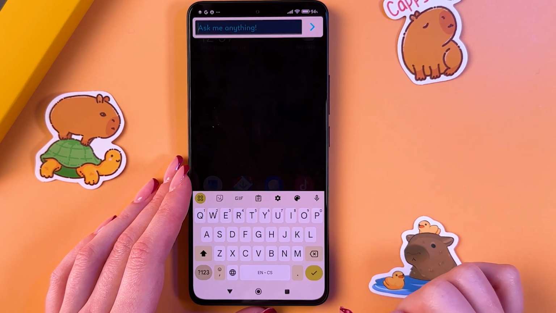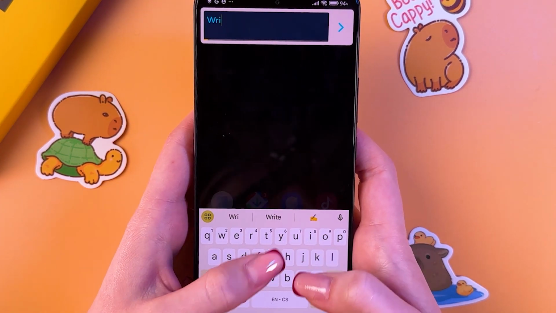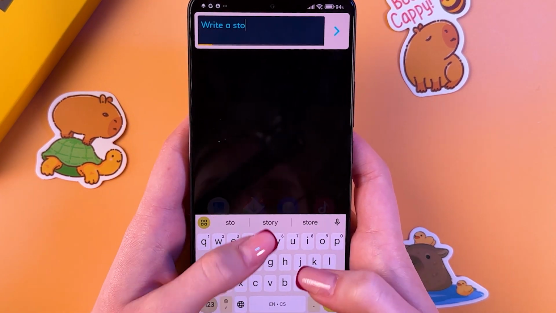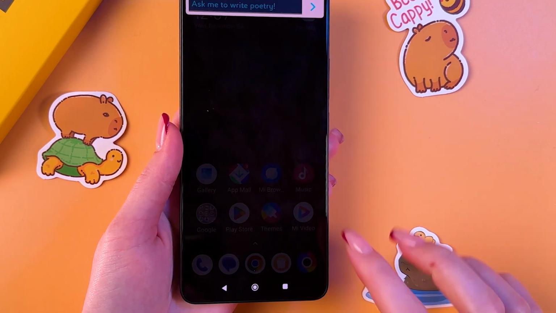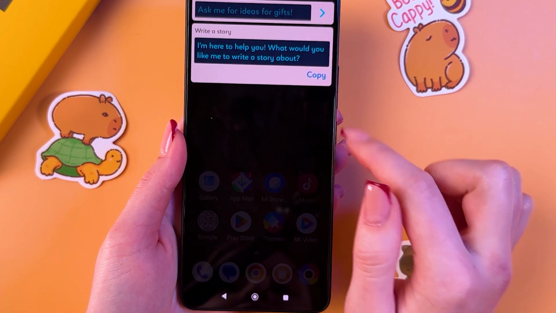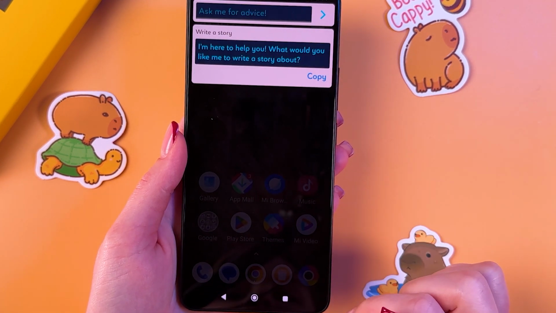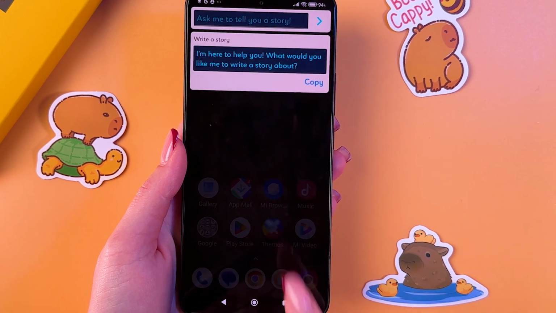You can tap it to open and ask him to do anything. For example, let's ask him to write a story. Then confirm by pressing the check mark here, and within a couple of seconds you'll see the story on your screen. You can copy it, paste the notes for example, and to close this widget you'll need to simply tap